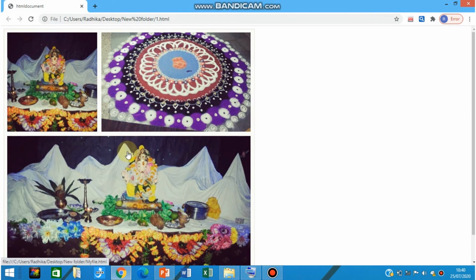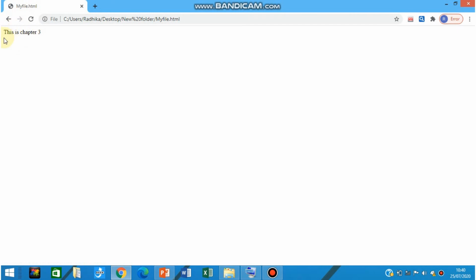And when you click on that image, you can see that the mouse pointer has changed, fine. Click on that image and you will be directed to the next web page. In this way you can use the image as a link by using the image tag.